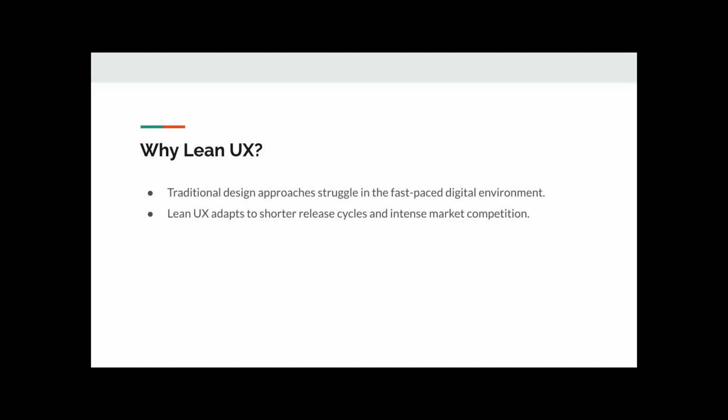Because right now, everybody's building new products every week, or every day you will hear about new AI products, or new SaaS-based products, new apps or websites being delivered, right? So there is a huge competition. And if you want to stand out in the market, you'll have to iteratively develop and iteratively release to the customers. And that's why the focus of Lean UX is on these different steps.